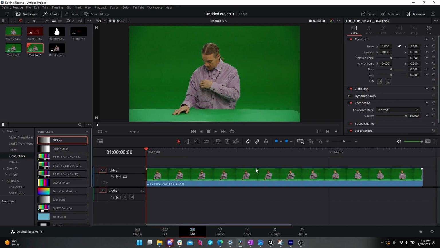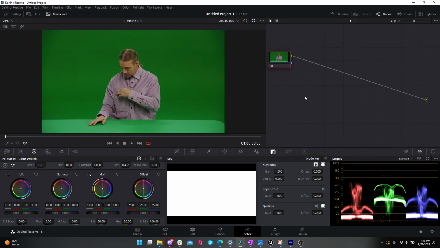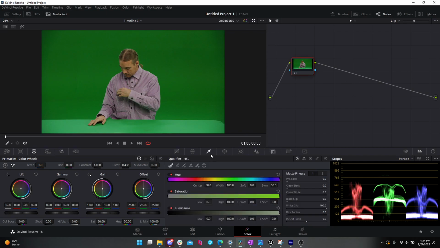The simple way to do keying without using Fusion at all is to just take a clip and go to the Color tab, which then gives you this node-based color editing page. And I can click on the eyedropper tool here, which is known as the qualifier. If I click and hold down and hover anywhere around here, you can see the color values changing down on the bottom. You can see in the little window up top, maybe, it looks like he's being keyed out, but inverted. But you don't see it on the main page here. To see it on the main page,